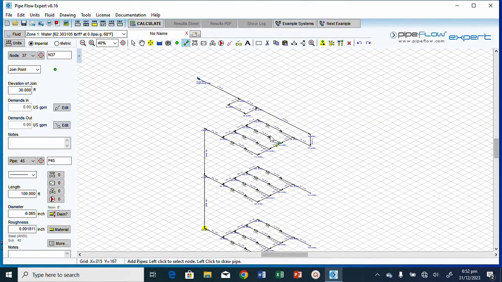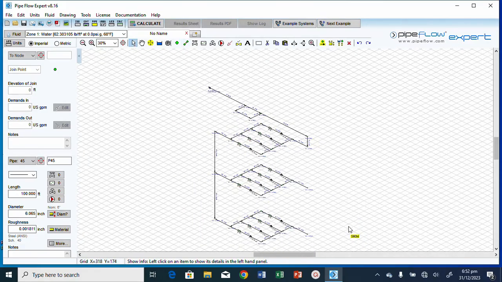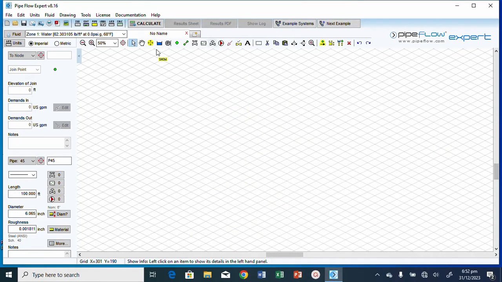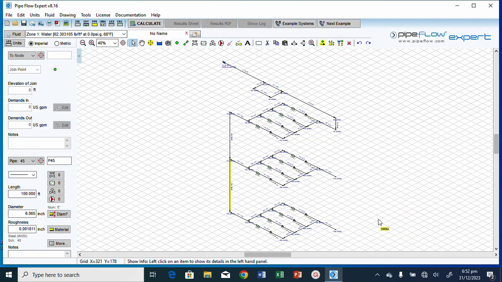And join this line. I haven't done that. So I will also draw a line, also draw a line from here to here. Draw another line from here to here. Now, having completed these lines,